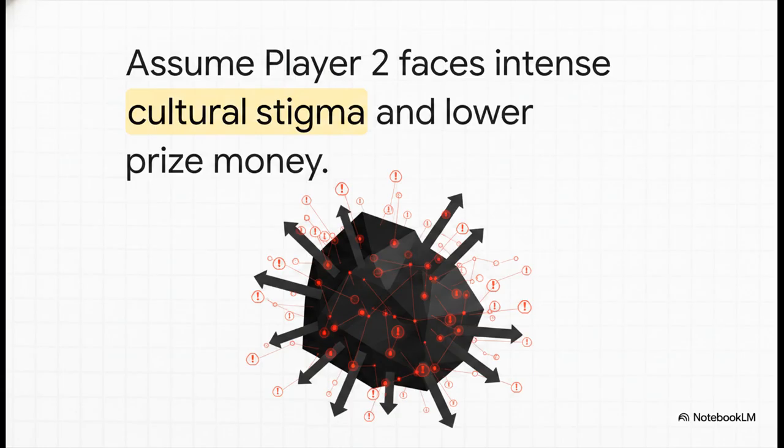Let's set the stage for our new equation. I want you to imagine two athletes. Player 1 is from a pretty standard environment, but Player 2 is from an environment with intense cultural stigma against cheating. For Player 2, the shame of getting caught is so extraordinarily high, and maybe their share of the prize money is even heavily taxed, that the cost of doping fundamentally outweighs the benefit. They are genuinely, truly terrified of the consequences.